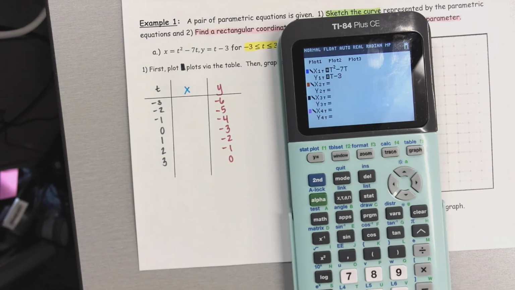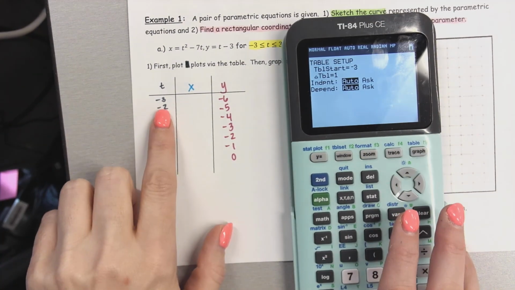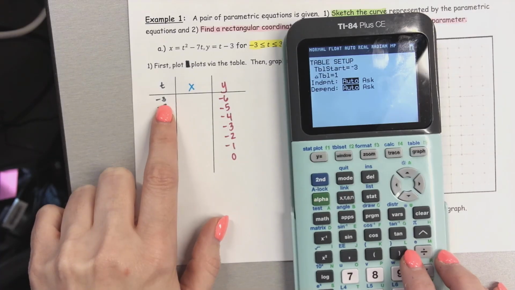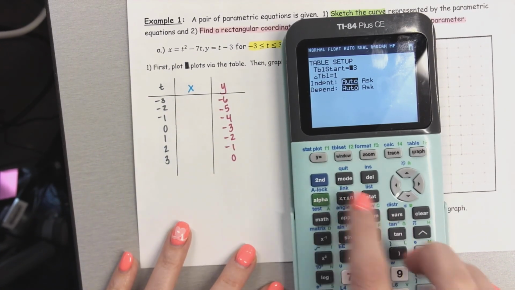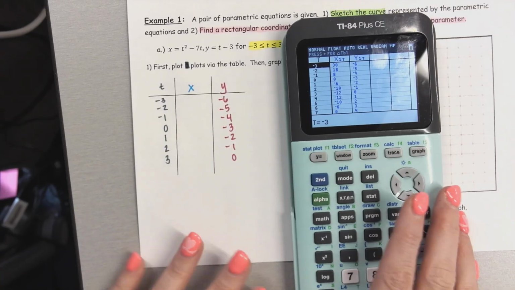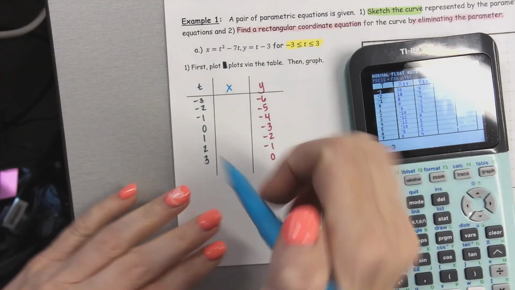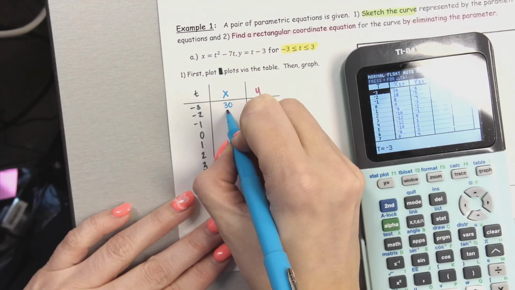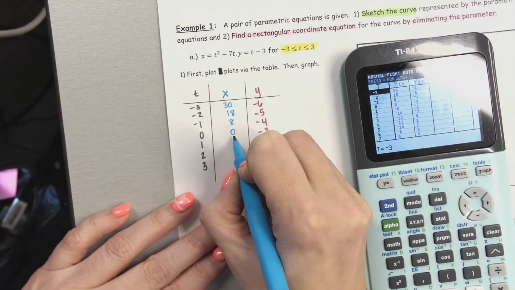So if you want it to match what we have here, do your table start at -3. Make the change in the table by 1. Okay, so then when you go to your table, you're going to be able to have those coordinating values. Okay, so you get 30, 18, 8, 0,